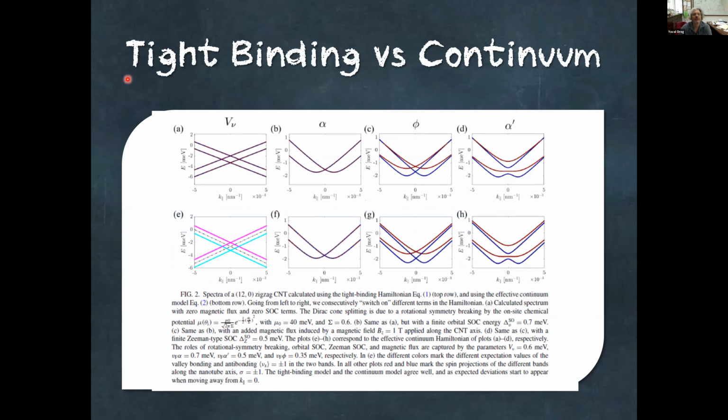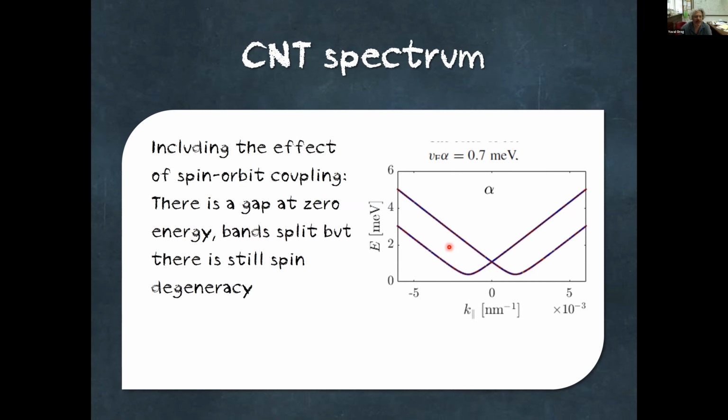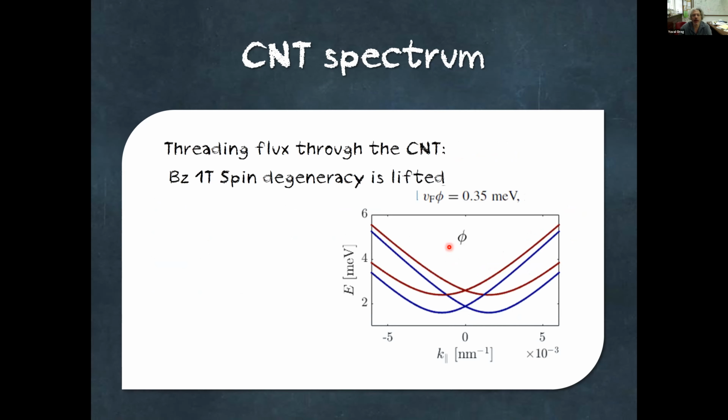When we add this alpha term, we already open a gap in the Dirac cone. And we split. Instead of 4 bands, K, K prime, spin up, spin down, we now have only 2 doubly degenerate bands. And when we add the magnetic flux, we get